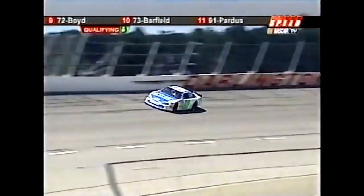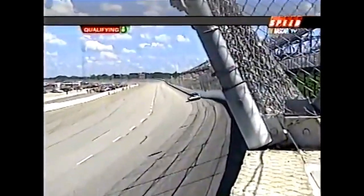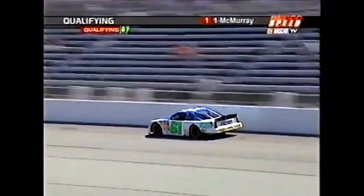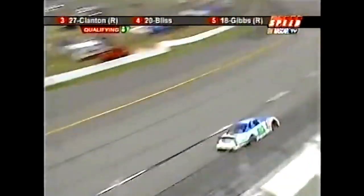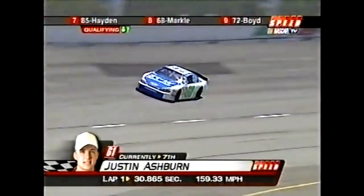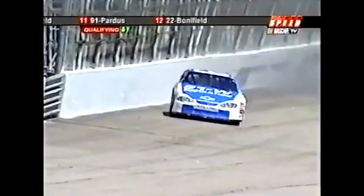You can hear the rev limiter coming right there to keep him from overdriving that corner. But that's not a bad thing, is it, Jim? No, it's not, because Larry talked about it earlier. The key to going fast here is getting out of it early and then getting back in the gas. And for Justin, he ran a 30.86. That's a good lap, 7th fastest right now. It's just a little bit slower than he ran in practice, but